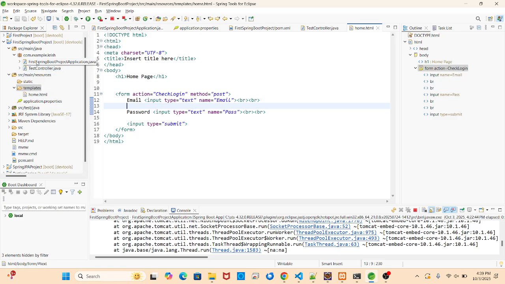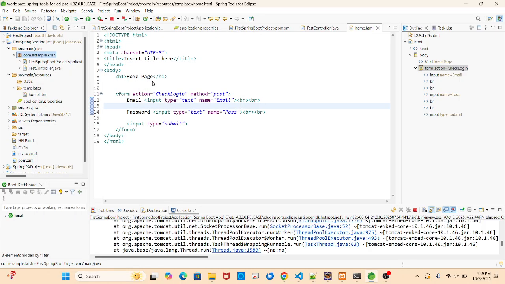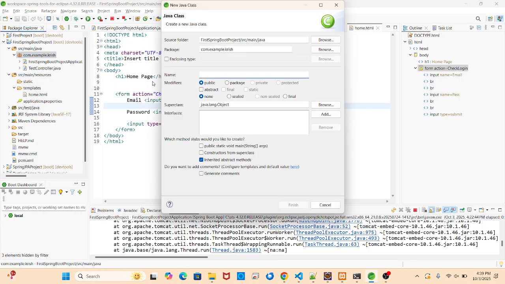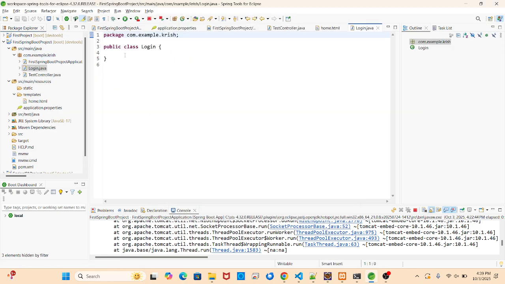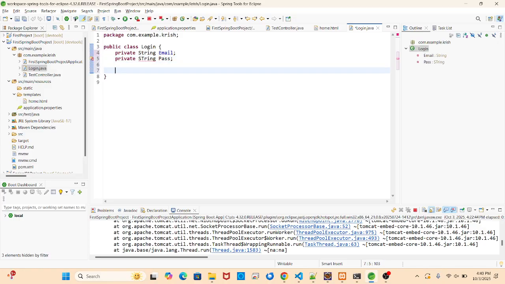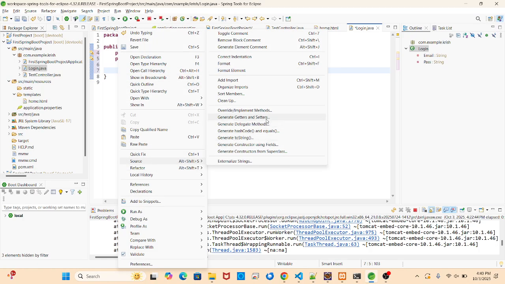So what I'll do is first create the model. I'm not adding the package now. Which class will we add over there? Login, fields: private String email, and one more, password. Here we'll add it. If Lombok is there, that will also do the shortcut here. Correct? So we'll add the data setters, which we know about.